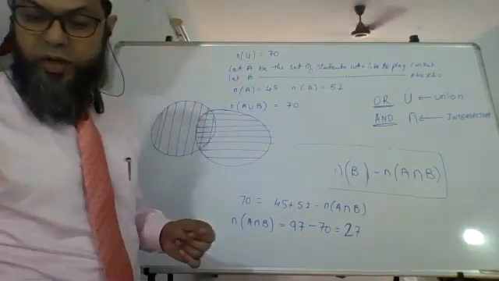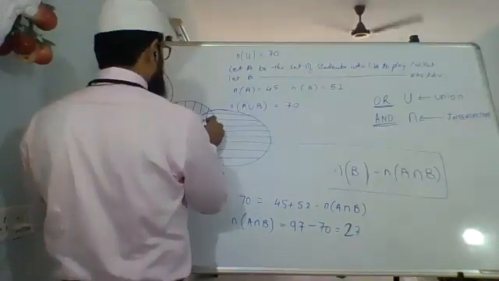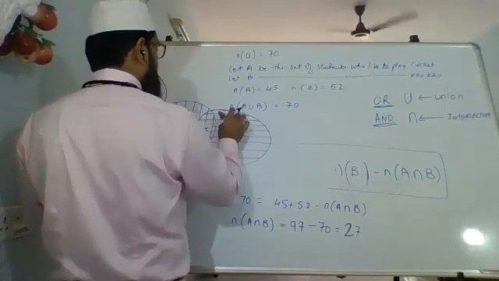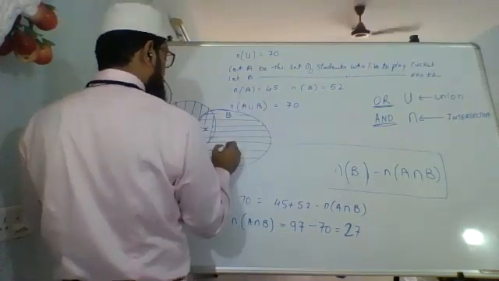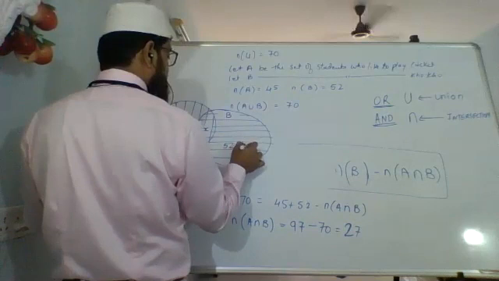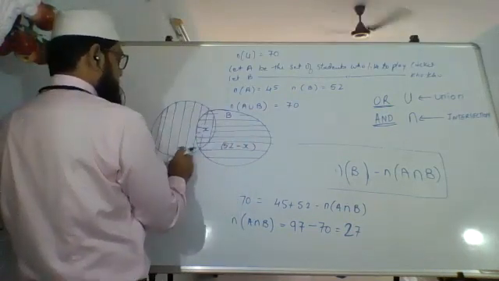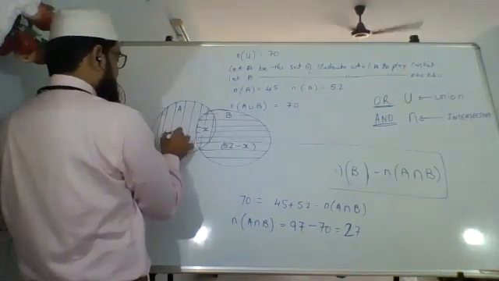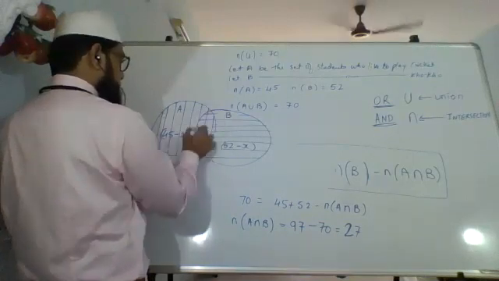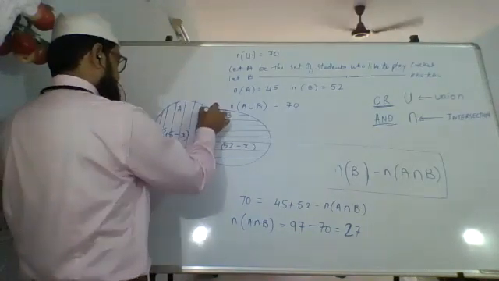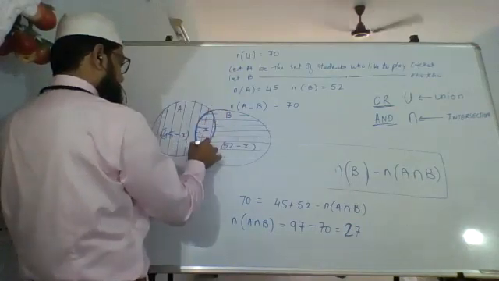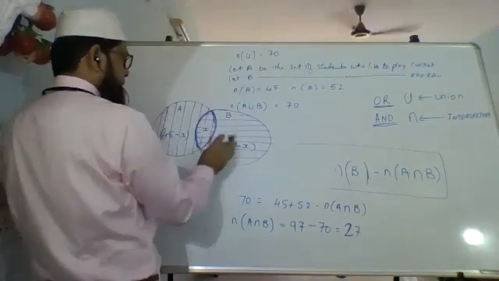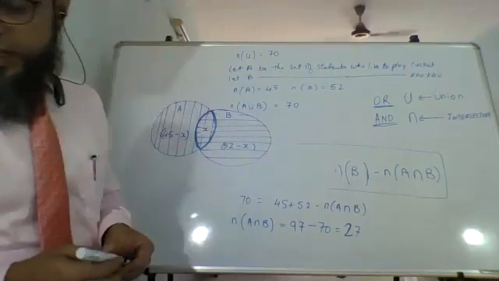This is with the help of the Venn diagram. So here there would be some students which would be common, which we could take as X. In set B, which is Kho-Kho, it would be 52 minus X, because this X is already included in it. And in set A, it would be 45 minus X, because again X is over here. This part X is common to both. So other than that, 45 minus X, and other than that, 52 minus X.